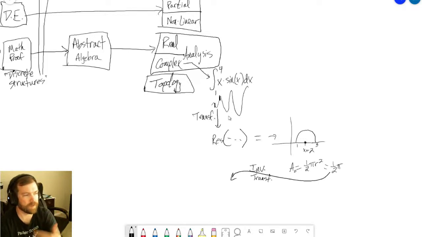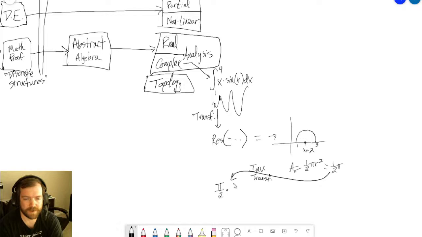So you do the transformation, you get this residue, which is in complex numbers. Do this stuff, transform it back, and then you get a number like, I mean, I'm not going to come up with anything useful, but pi over 2 times some constant